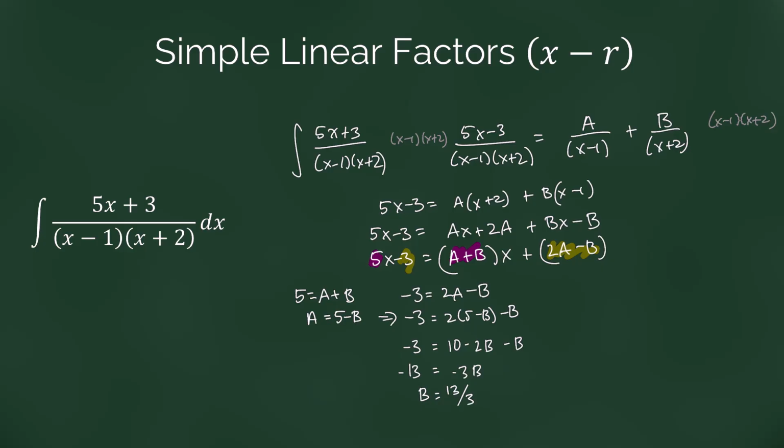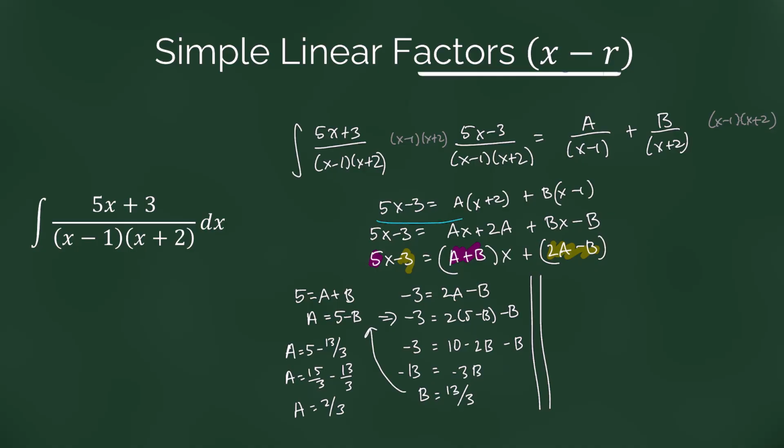Plugging that in here, we get a is 5 minus 13 over 3. That's 15 thirds minus 13 thirds. So we get that a is 2 thirds. Trying our alternate method, remembering that in this equation up here, any x value